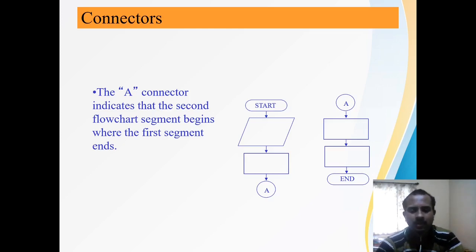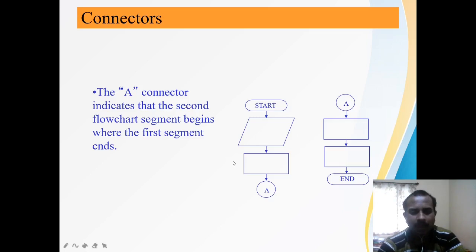So what do I have to do? I have to continue on the next page, right? So when I am ending, after I have written half of the algorithm, I am connecting it to the connector, that is circle shape. Afterwards, on the next page, when I am continuing with the same algorithm, I'll start again with the same connector, that is A and A.